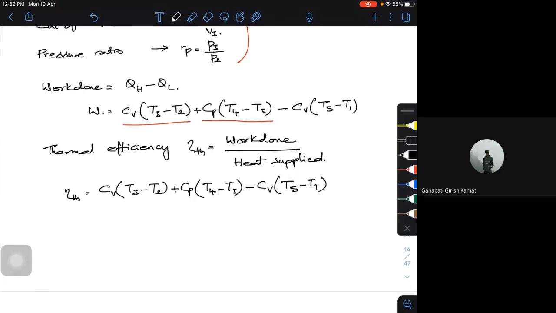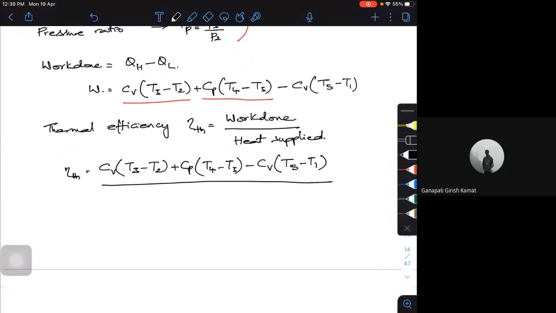Whole thing divided by the heat supplied, which is Cv into P3 minus P2 plus Cp into P4 minus T3. So this is the expression for the thermal efficiency